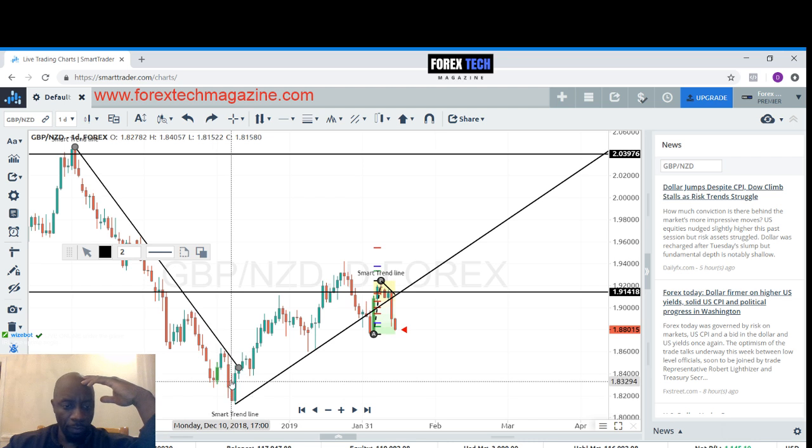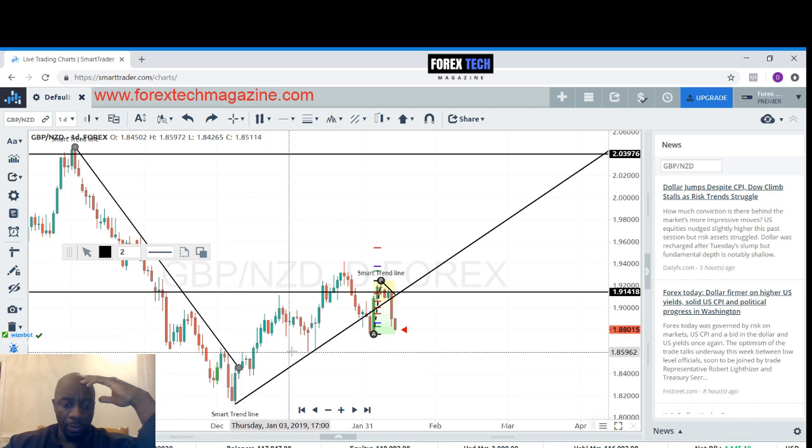All right. So price broke that downward trend line, began to move up. So that gave us some bullish momentum. Right. Low, higher low, higher low,